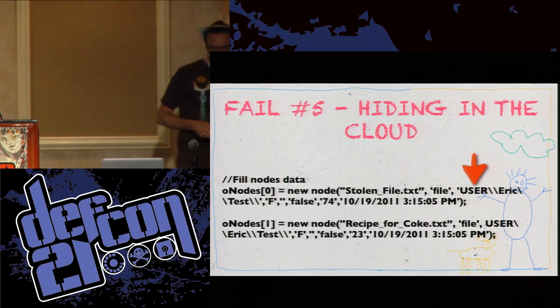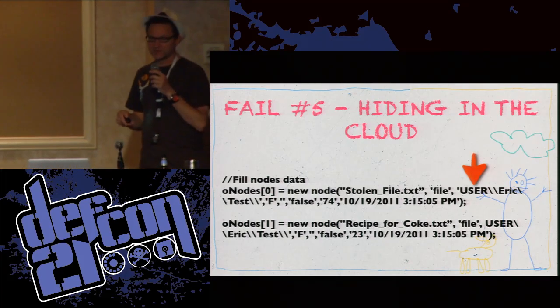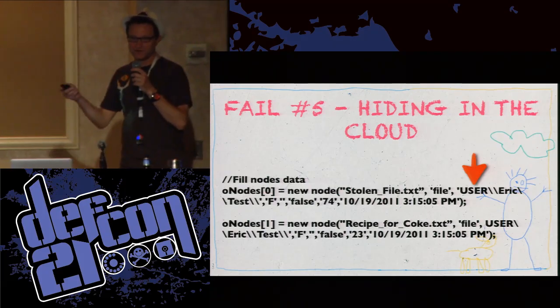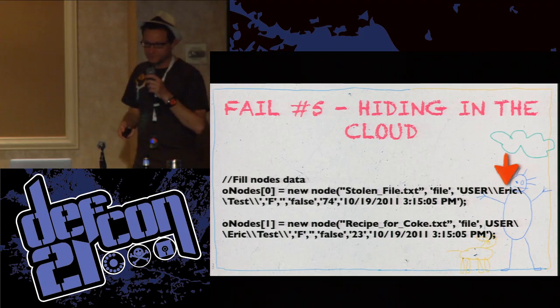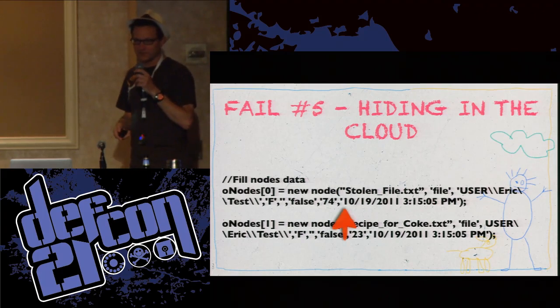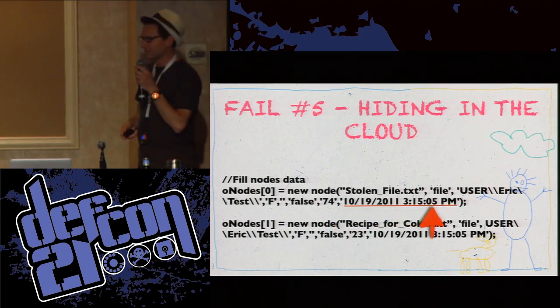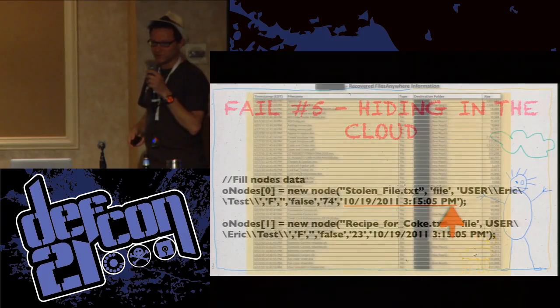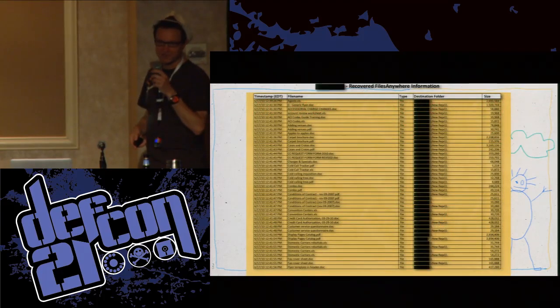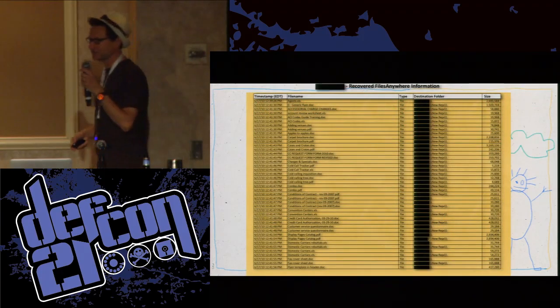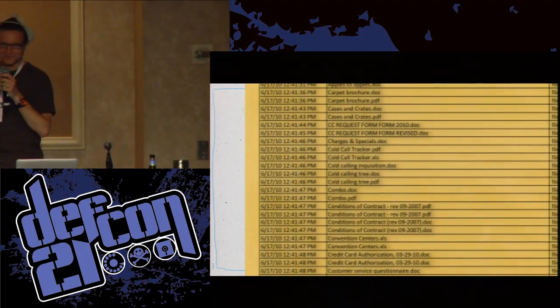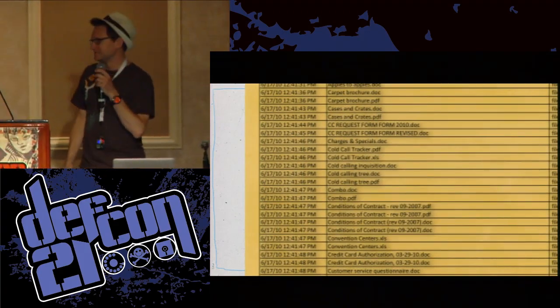The user is the user account name, so we were able to subpoena that from Files Anywhere and figure out who actually registered the account. There is the folder that it was in. And this is really handy here, the date that it was uploaded. And we got a whole bunch of these. In fact, this is the first page of an 80-page Excel report that I prepared, and these are all the file names that this guy uploaded.